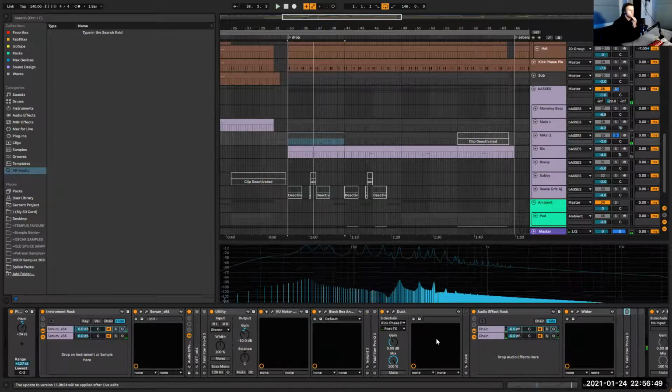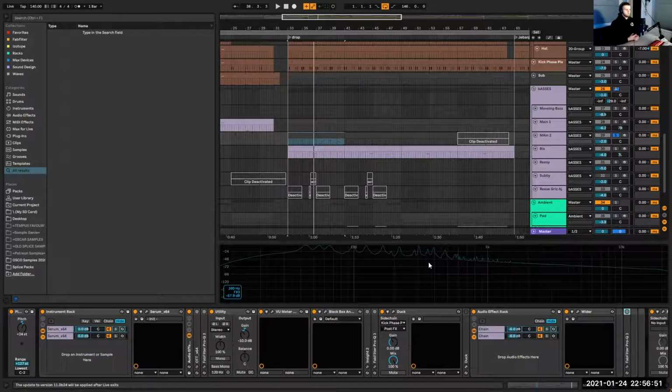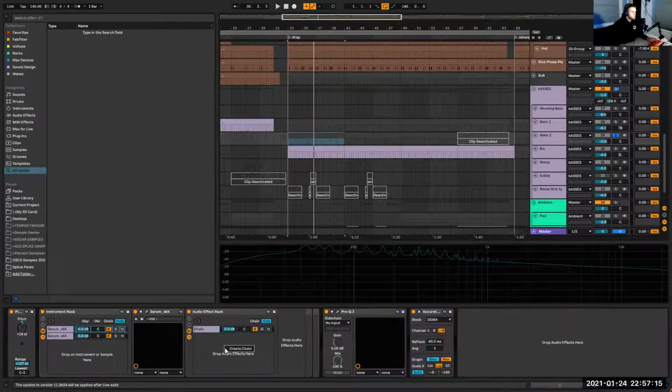Then also what I liked, because now the sound's sort of thinned out a little bit. Oh wait, sorry. Yeah, if you want a bit more bite on that, maybe what I'd also do is have another chain with an amp in it,